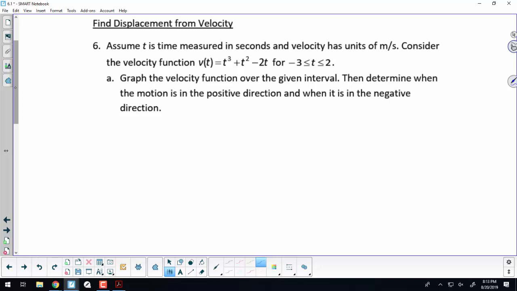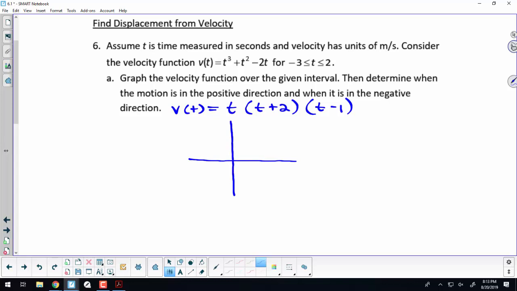So let's graph the velocity function. It's a polynomial. We're going to take velocity, and we're just going to factor that out. So pull out the greatest common factor. It's a quadratic, pretty straightforward. There's our factored version, which then gives us the fact that we have our zeros at